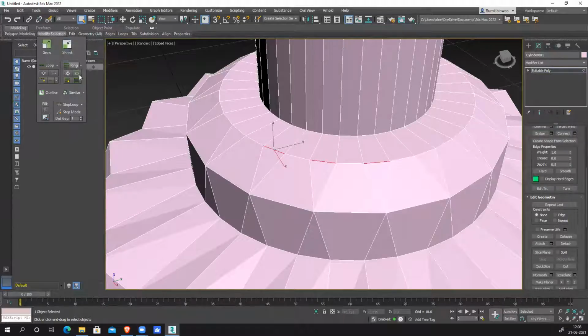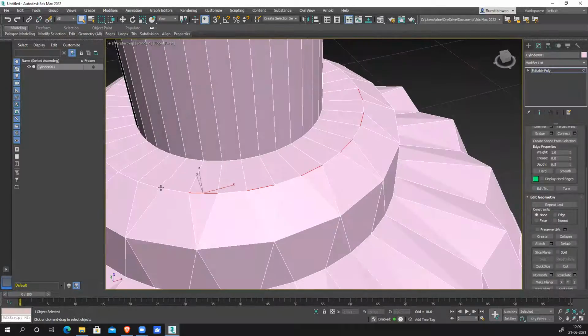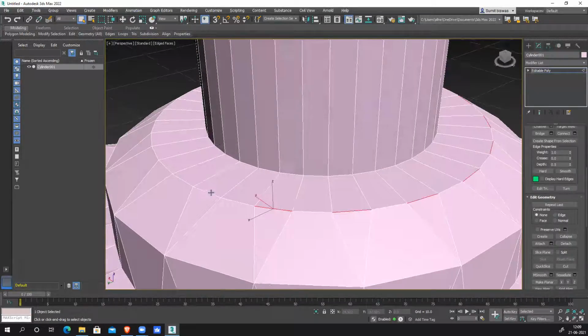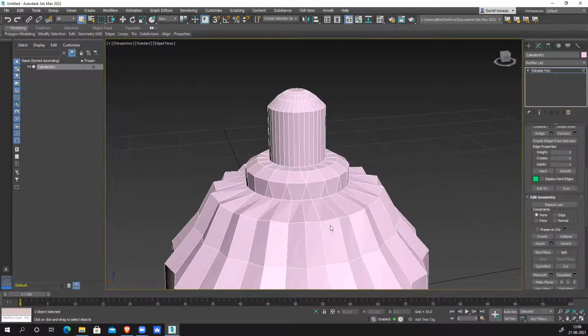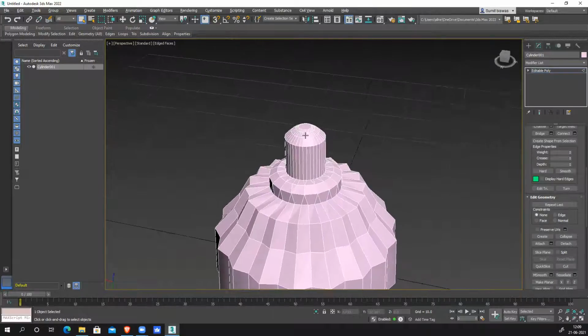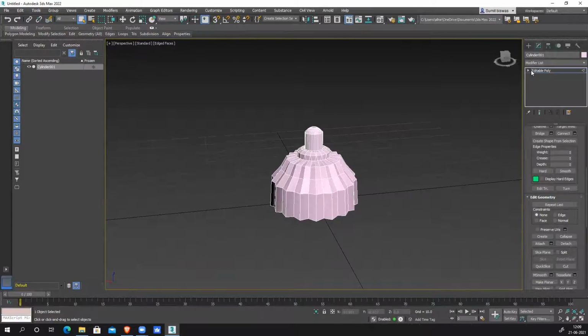Should work. It's not creating a ring. Okay, anyways. You have collapse. So like this, you optimize the model, reduce, connect them, reduce it, and then create a chain link separately. And the basic lamp is ready.